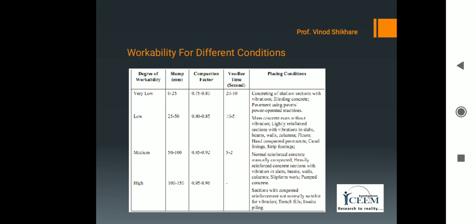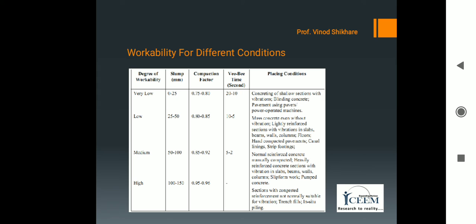Under these circumstances, it is equally difficult to decide the requirement of workability in terms of the above parameters for various types of works. There are several factors which govern the choice of workability, namely shape and size of section, amount of reinforcement, type of compacting equipment available, time of placing, temperature, etc.